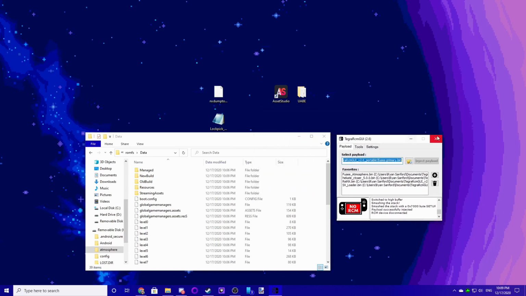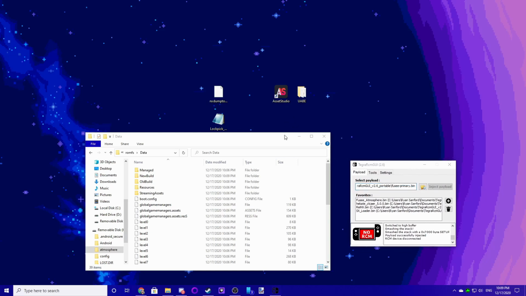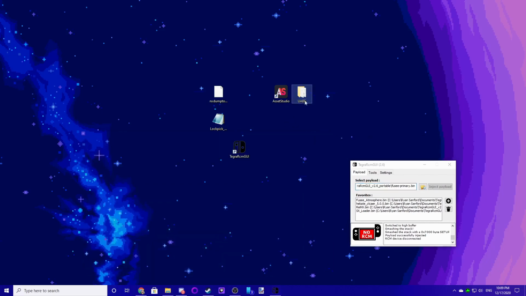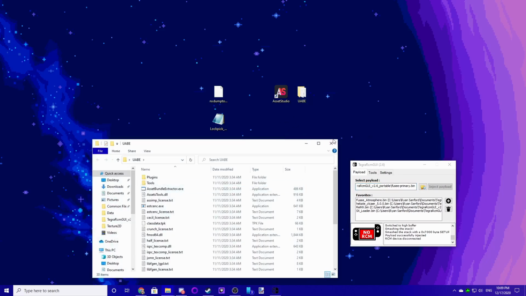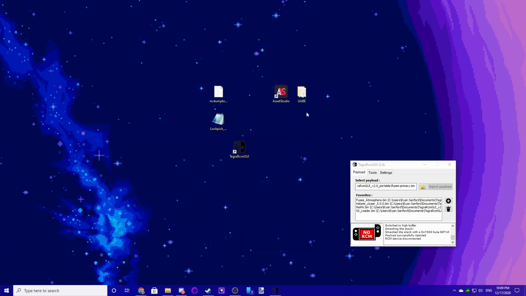Yeah, so we're just going to keep Tegra open. So we're going to open UABE. Now, actually, first of all, UABE is called the Unity Asset Bundle Extractor. And that's because it's meant to be used as an extraction tool that also has re-injection modding capabilities. However, in my opinion, AssetStudio is a far better program for extracting files from Unity games because it actually gives